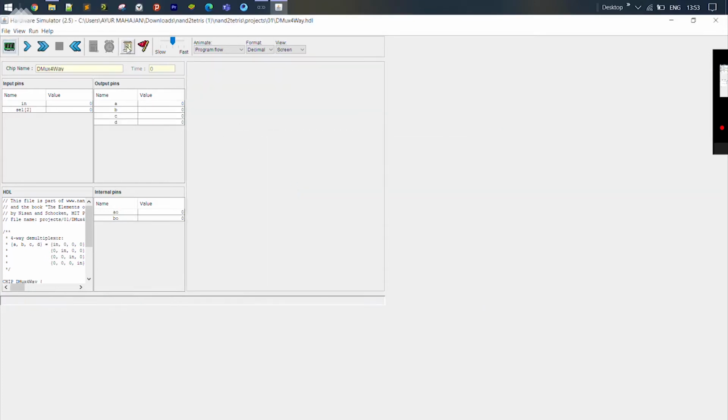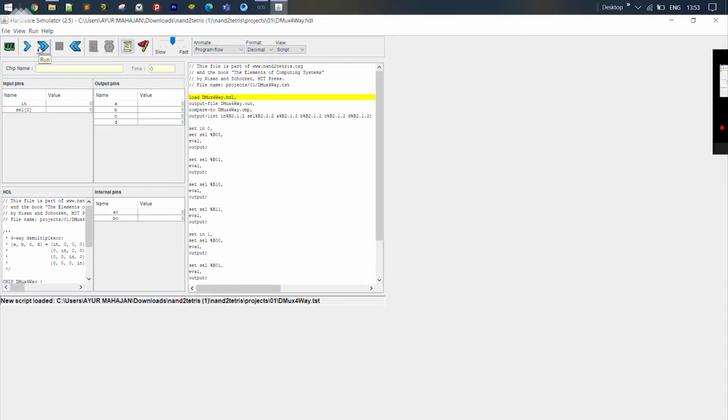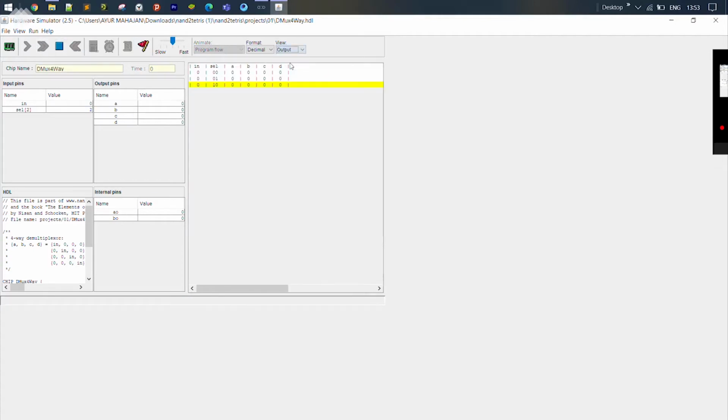Now let's go to demux 4-way. Execute. Let it run each and every command.